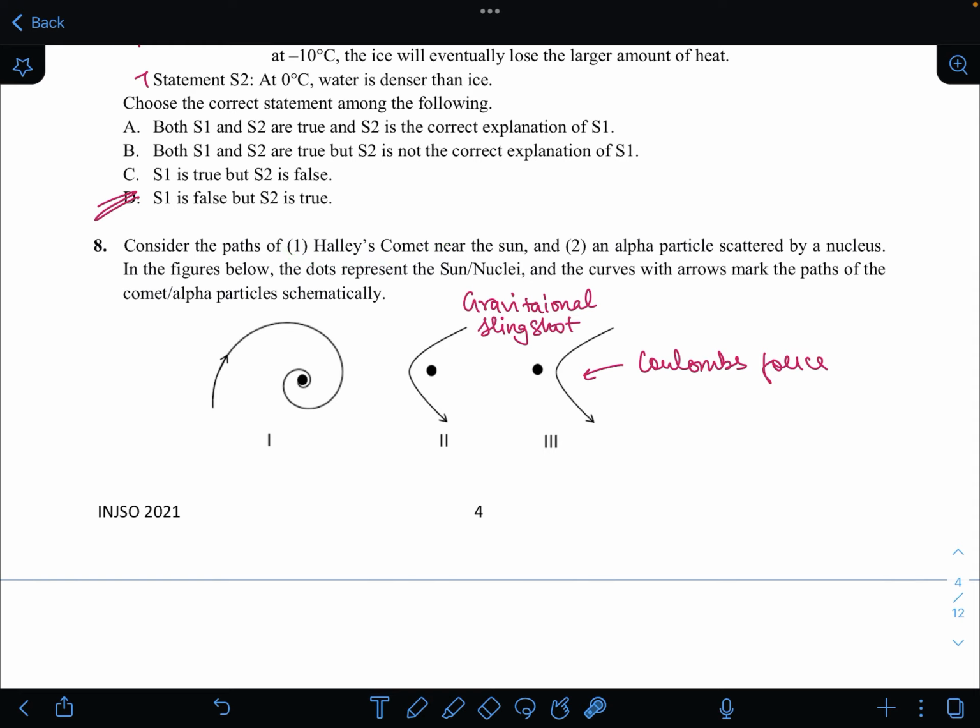Now this is a very simple one. This is like a black hole in which all the objects are being moved towards the center. This is more like the path of a comet, where the gravitational pull of the object which is just spinning around, in this case the sun, will increase its speed. This is also the concept of gravitational slingshotting. And then this is basically the scattering of alpha particles about a nucleus. You must have seen Rutherford's experiment,